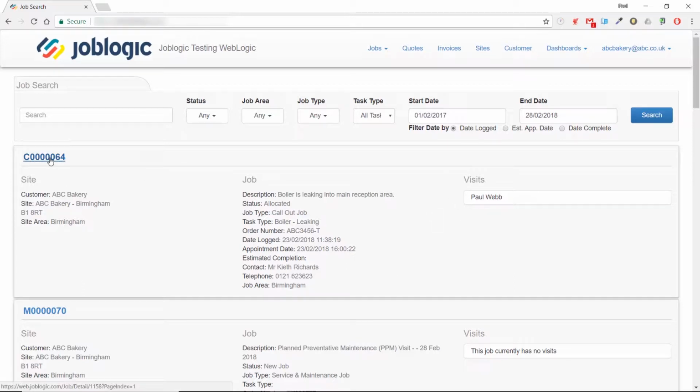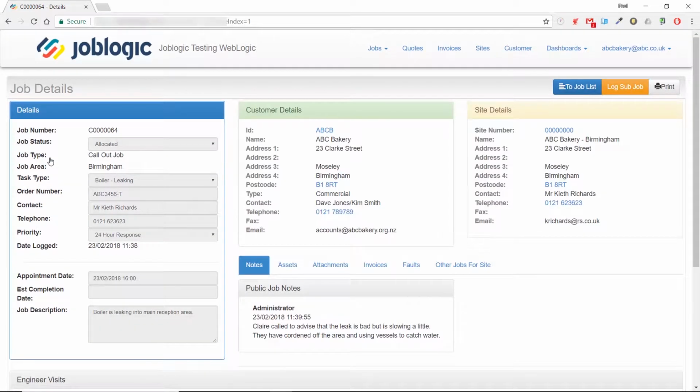If we click on the job number, that gives us much more detail. We have some banners across the top which segregate the information on this screen. We have our job details on the left, your customer details here, and the site details on the right, all of which contain hyperlinks to various things such as Google Maps or any talk functionality you might have set up